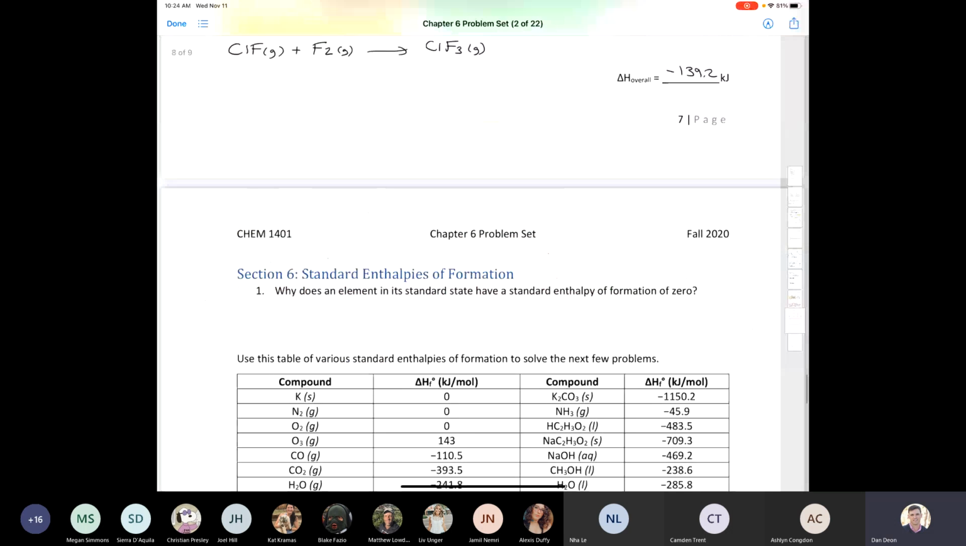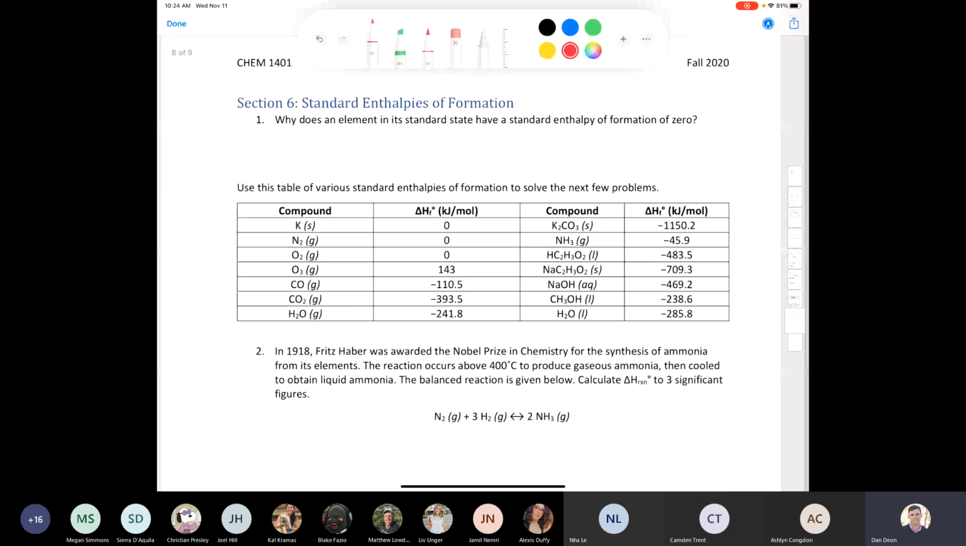Okay, let's take a look at question 6, section 6, sorry, just for a second. I think the first question is worth discussing. It says, why does an element in its standard state have an enthalpy of formation of 0? Delta HF naught is equal to 0 for an element in its standard state. Well, the reason why is because if an element is in its natural state, it takes no energy to form it, right? Because it is in its natural state,